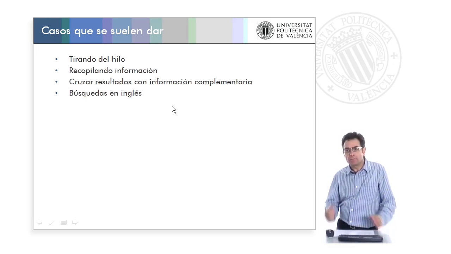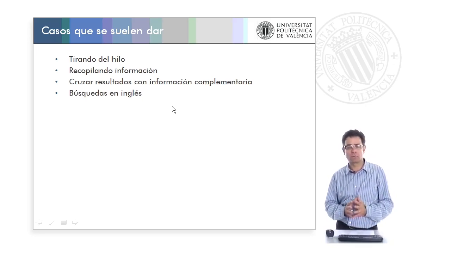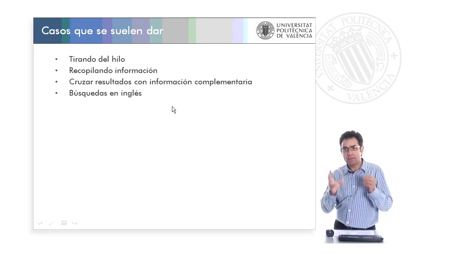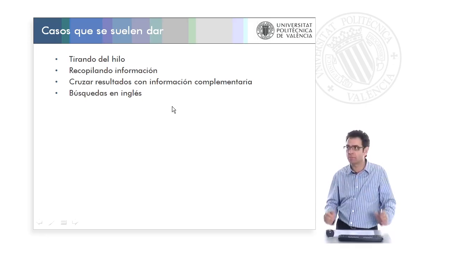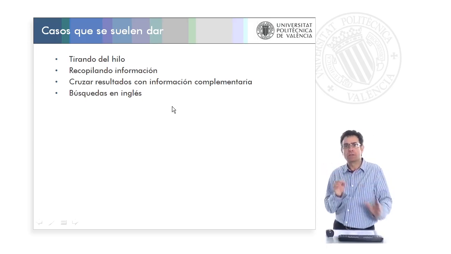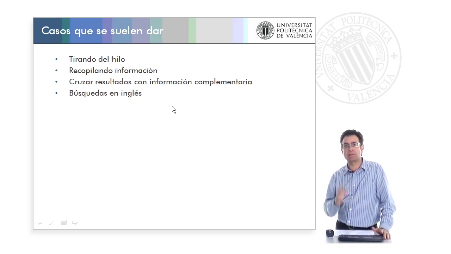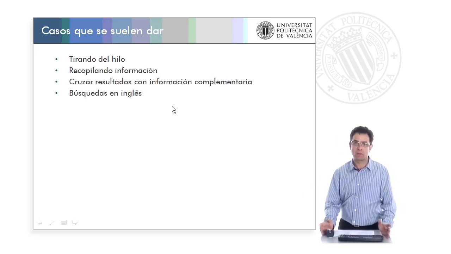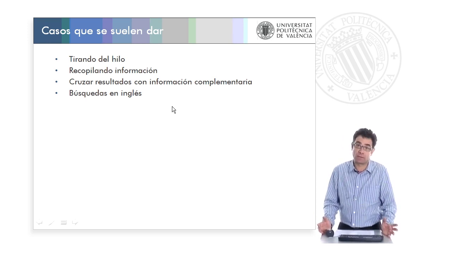In the beginning, we have to write words down, we will get a lot of sources, and in the end, we have to find an interesting thread to pull from. The most common situation when looking for specific information is that we find a page that sends us to another one, and that one to the next one, and at the end, we find the right source of what we want to read or what we want to find. This process consists in going down the rabbit hole of different reliable sources.